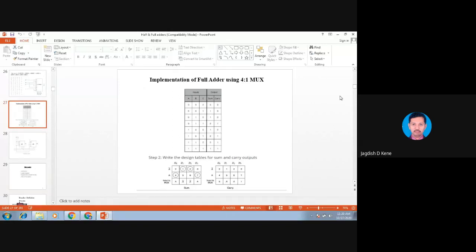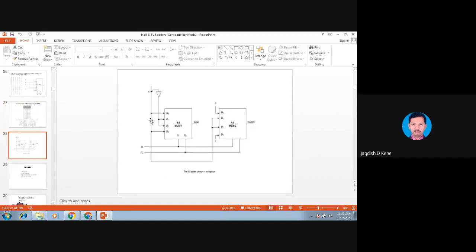Okay, so that will be easy when we have an 8 to 1 mux, but it is a 4 to 1 mux. That's why it is taking the values of the higher MSB bits, that is A0 and A1. So that's why we have used two different multiplexers. One is separately used for sum and the second one is used for carry. Okay. So likewise we have a different example. We will see later on.